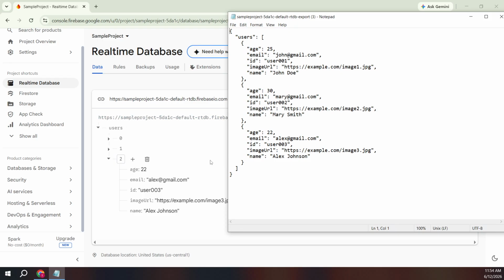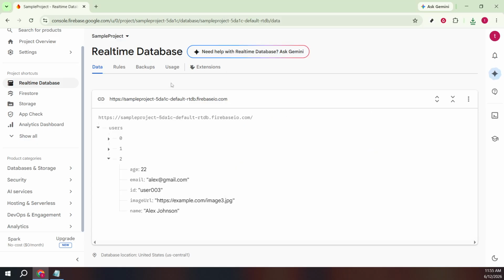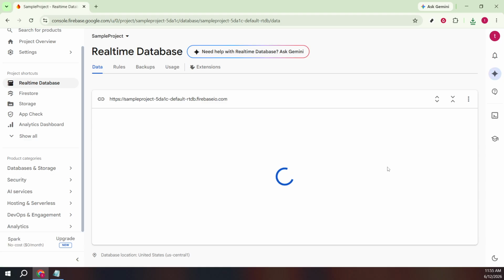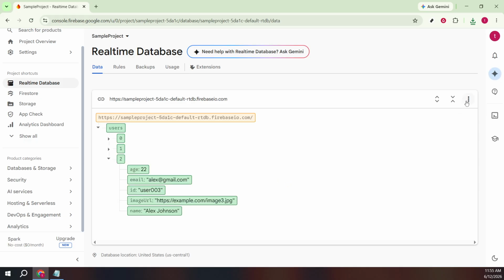After downloading, you can open the file in any text editor or JSON viewer to verify the structure. Be mindful that this file can contain real user data, so store it securely and avoid committing it to public repositories. And that's it. You went from the Firebase console to the real-time database view, opened the More menu, and